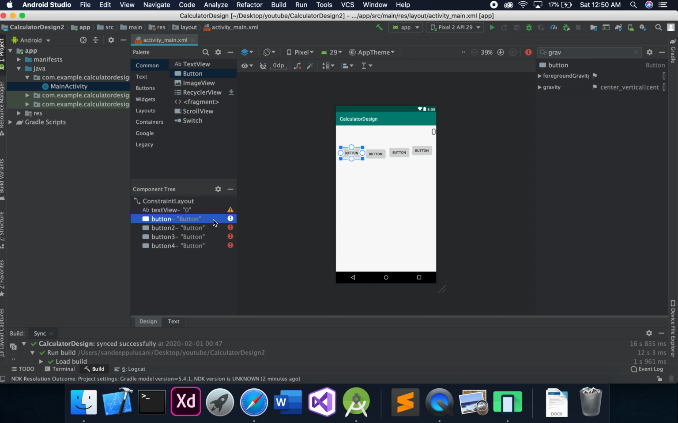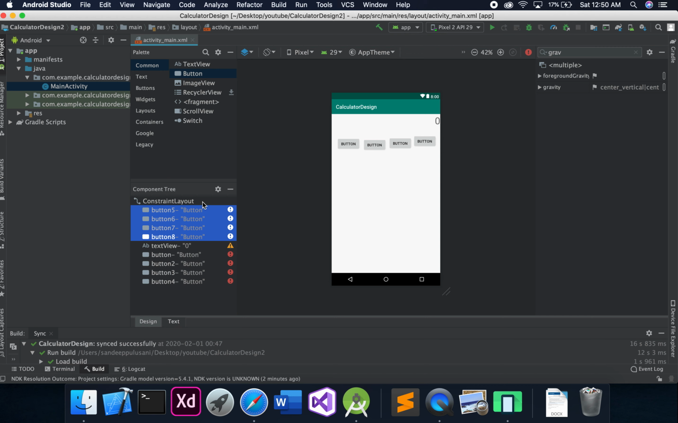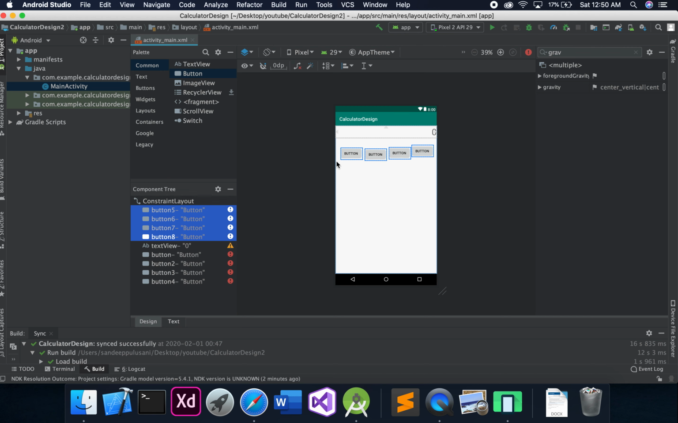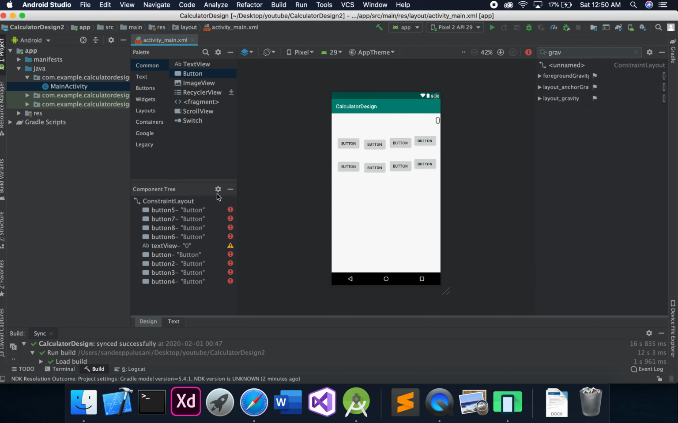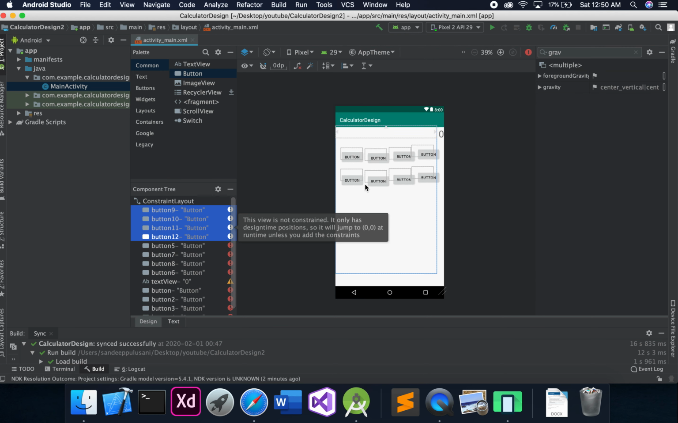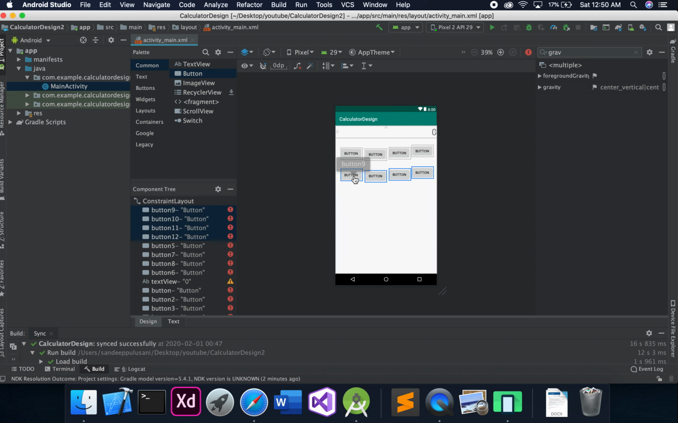So here I'm selecting these 4 buttons and copying it. For Windows, go with Ctrl C, and for Mac, go with Command C, and then click on constraint layout and then paste it. So you can see here we got 4 more buttons. So I'm just dragging a bit down, and now again I'm going to copy those things. Click on constraint layout, paste it. Here you can see we got 4 more buttons. Drag a bit down,